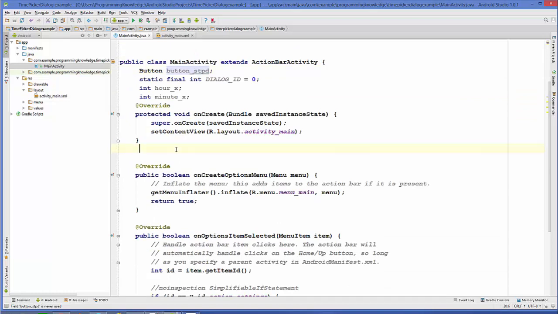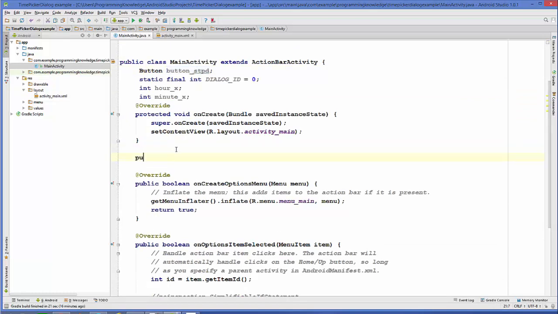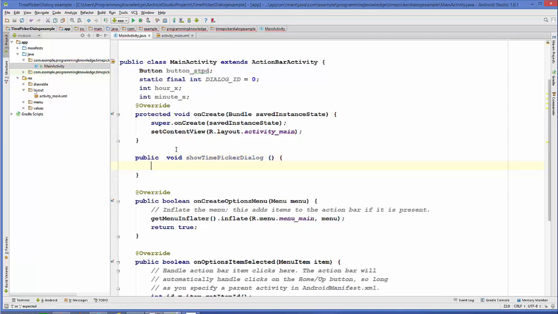Okay, so let's create a public method, public void show time picker dialog, for example. And this is a user defined method which we are creating, and in here we are going to cast our button.